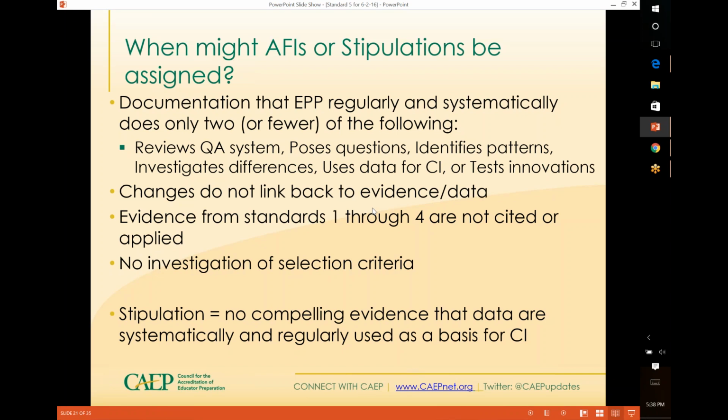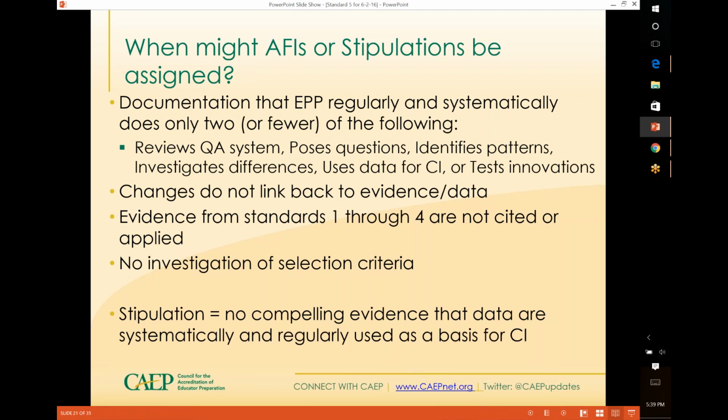So if there's documentation that you're regularly and systematically reviewing your quality assurance system kind of minimally, and what CAEP is saying is that there's only 2 or fewer of the following. That you're reviewing your QA system and maybe you're using data for continuous improvement, but they can't find evidence of your posing questions about what the data is telling you, if you're identifying patterns, if you're investigating differences, or you're testing innovation. So think about the ways in which you can strengthen your regular and systematic review of your quality assurance system, leading to continuous improvement by doing some of these things, posing questions, identifying patterns,